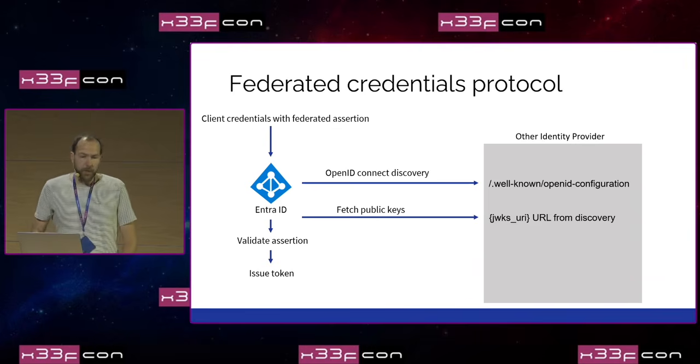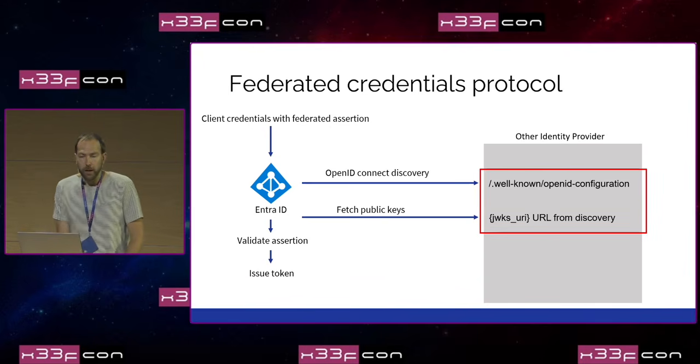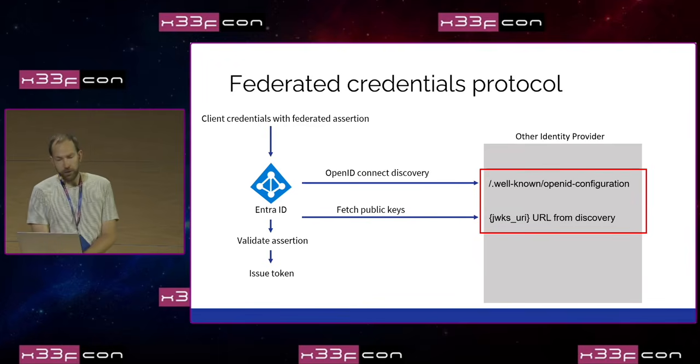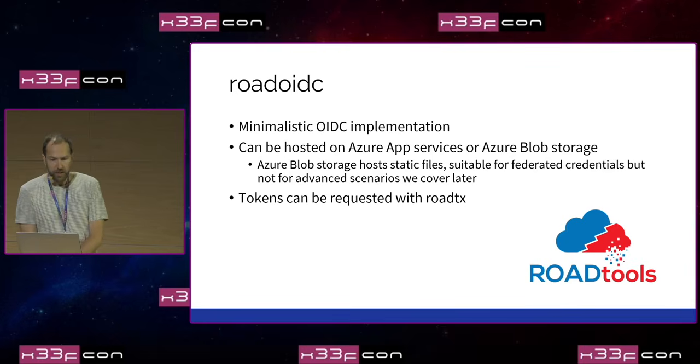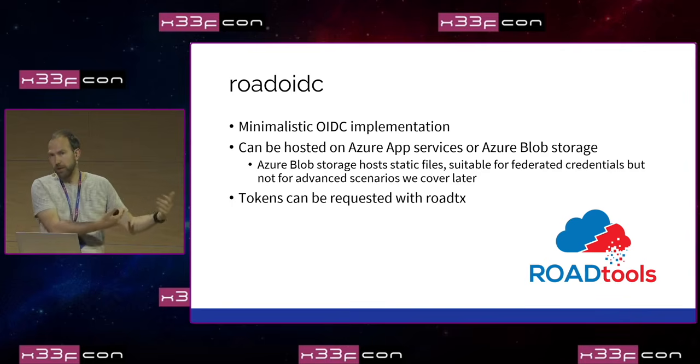Now, the only things that we need to implement to actually create a custom authentication provider are these two parts. We need to have this OpenID configuration, this discovery document, and we have to have the document that hosts the keys. That's not super complicated. Essentially, at the minimum, you need to have 2 JSON documents that you host, one with the discovery information, one with the keys. And that's why I decided to create a very minimalistic OpenID Connect implementation. It's part of ROADtools and called roadoidc. You can host that on Azure Blob Storage, because you just need 2 JSON files in the case